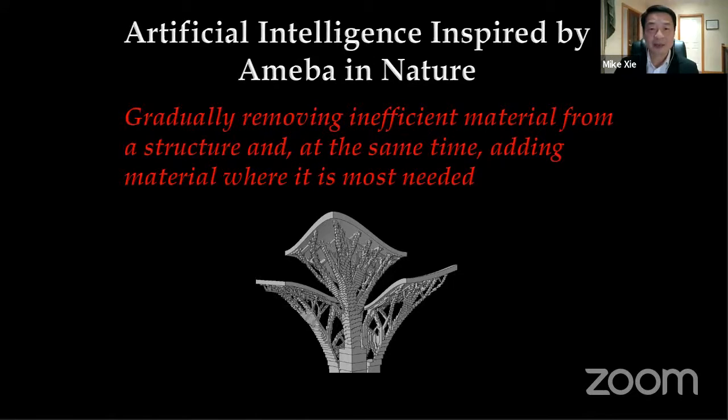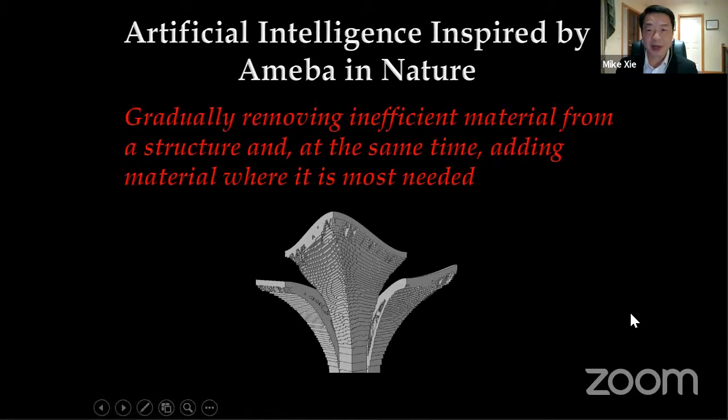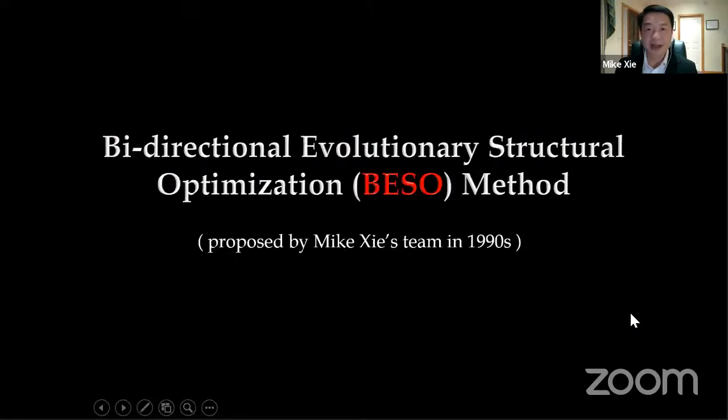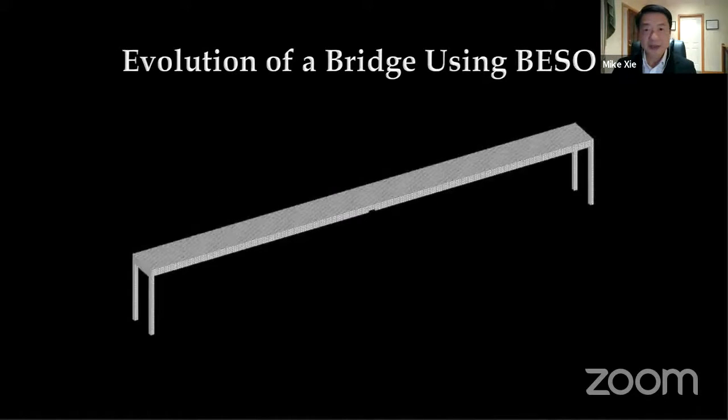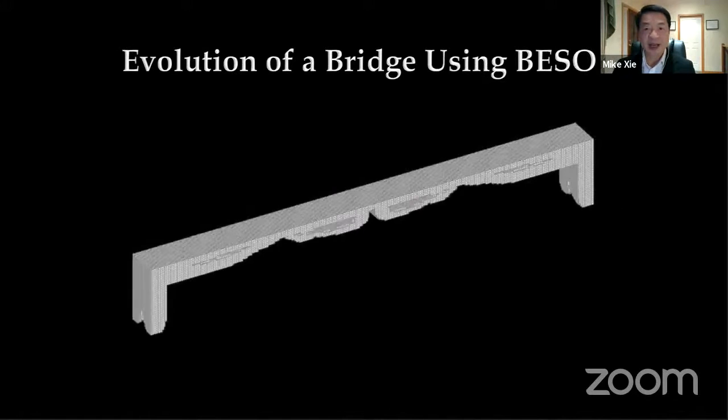So this concept was developed almost 30 years ago by my team. We call it bi-directional evolutionary structure optimization. And in short, it's called the BESO method. If you see what's happening on the screen,